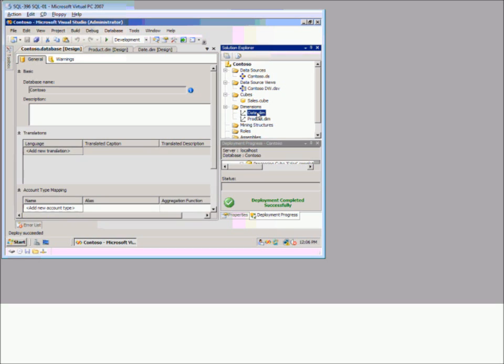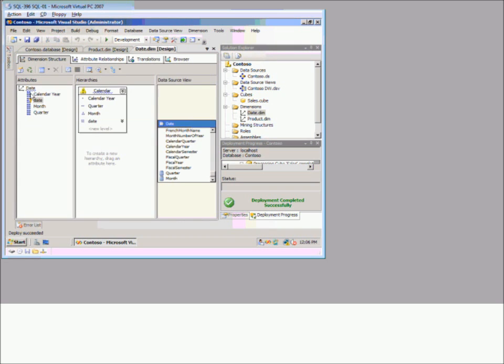All right, let's go back to Solution Explorer and take a look at the date dimension. And let's go to my attribute pane there. Okay, notice we've still got the squiggly line there, and I can remove that if I were to clear that error message and deploy that successfully. Let's go ahead and save our project as we've got it at this point. Let's go ahead and deploy this. So Contoso, before I save it,